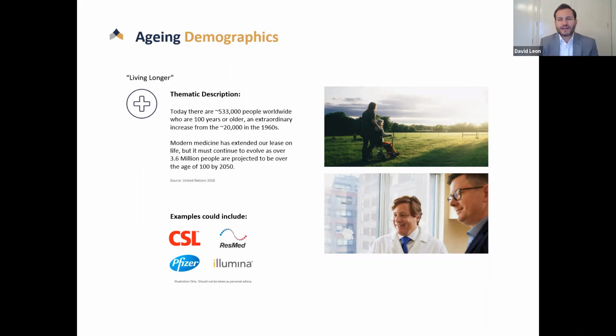Of these 5 thematics, sometimes I also refer to them as investment properties. We've put one of them up on the slide deck, aging demographics. So I think most of our clients do fall between that 50 and 75 range. And so this resonates with them. They're of course in G10 economies, so they can see the aging demographics around them. And stats like this, where you bring in that thematic of saying, over 3.5 million people projected to be over the age of 100 by 2050.